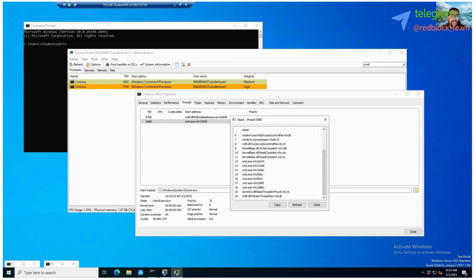a list of function calls that represent the execution path a thread has taken to reach its current point. In this current call stack, we can see two distinct access modes. The user mode, finished at this ZwDeviceIoControlFile, which contains the system calls that switch the execution flow from user mode to kernel mode. In user mode, only the user mode stack is used, and in kernel mode, the kernel